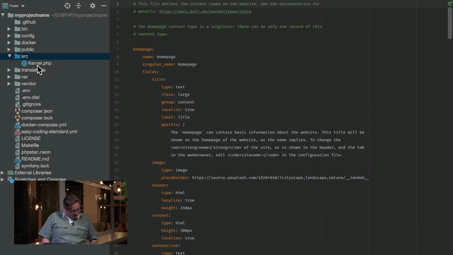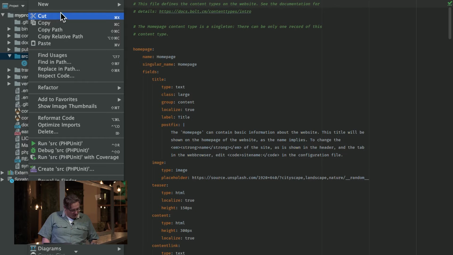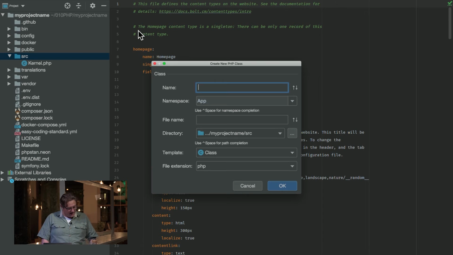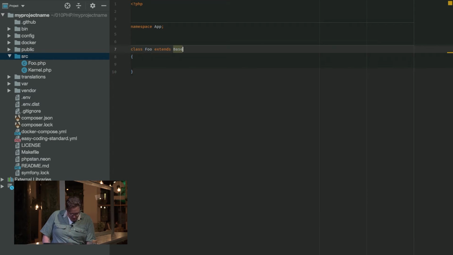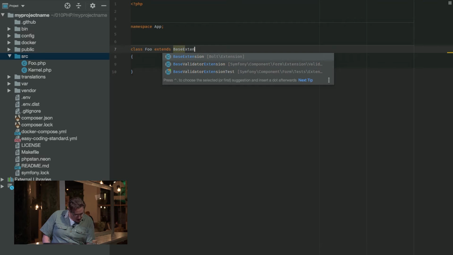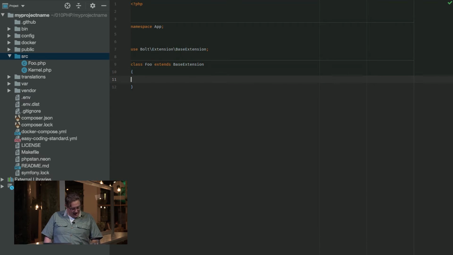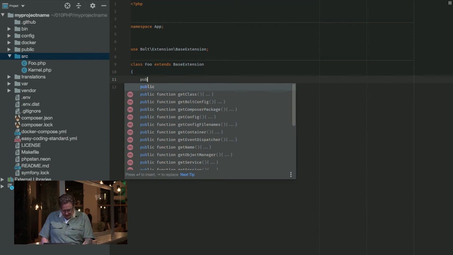So what I need to do is just create a new file and create a new class. And in this case, I'm gonna just call it class called Foo. And now I need to do two things to actually make this recognizable as an extension. I need to extend the base class and I need to implement two methods so that Bolt knows what to do with it. So I'm just going to extend the Bolt base extension class,